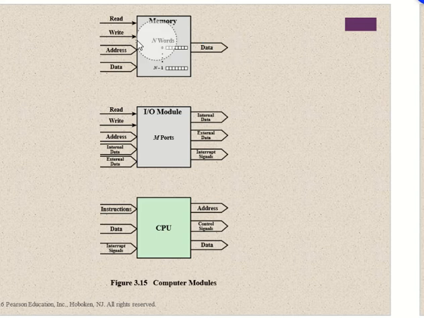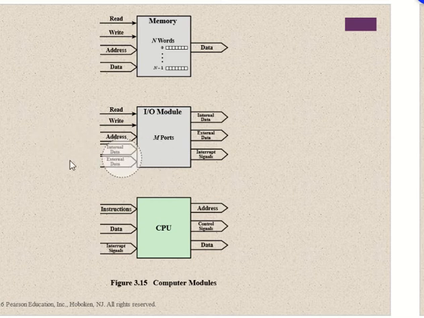Similarly, it goes with the I/O module. When it is with the I/O module, the same happens: the read write signal and the address. Address means every I/O module has a specific number, a unique address, because we have many input and output devices connected to your computer. So which input device we are now dealing with, the address of that device, and the data, if we are going to read data or write data. The same goes here.